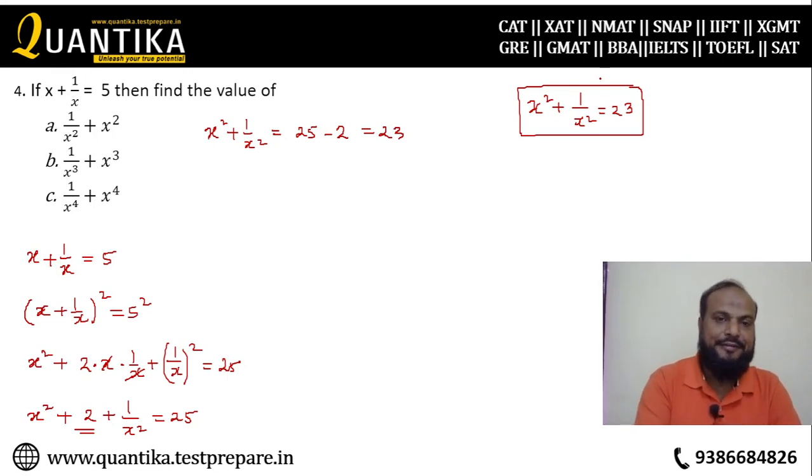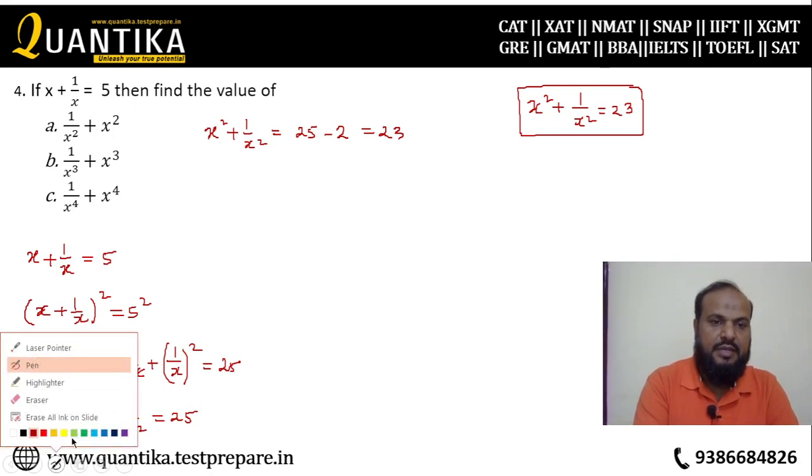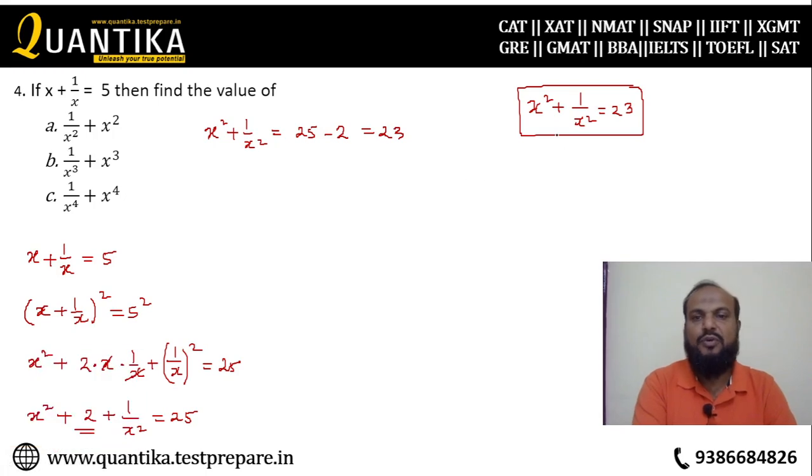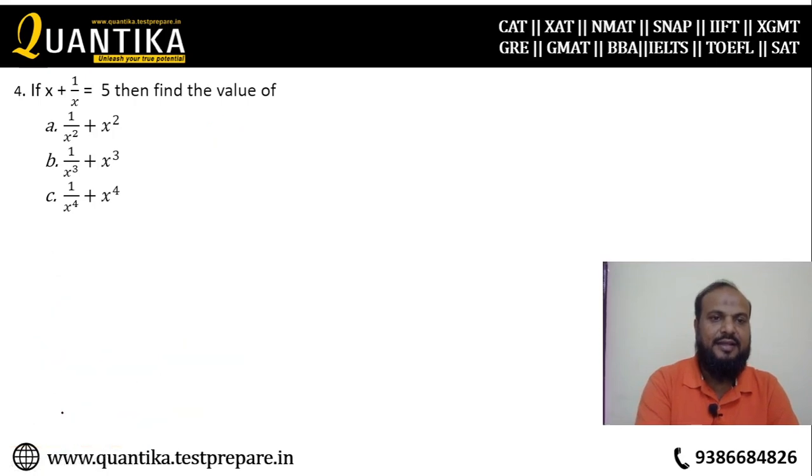Now, as you can see, we have the value of x square plus 1 by x square is equal to 23, right? So this has become 23. Now, we will take help of this. x square plus 1 by x square is equal to 23, squaring both the sides. When you square it,